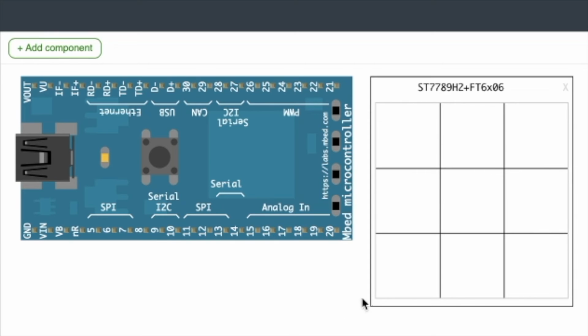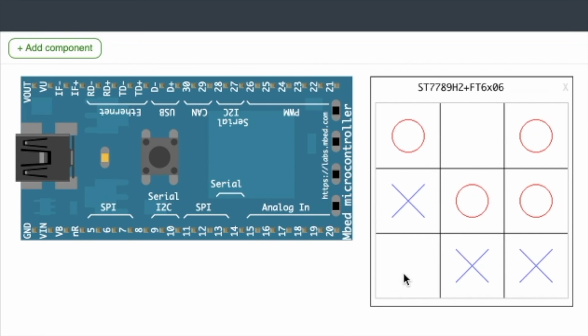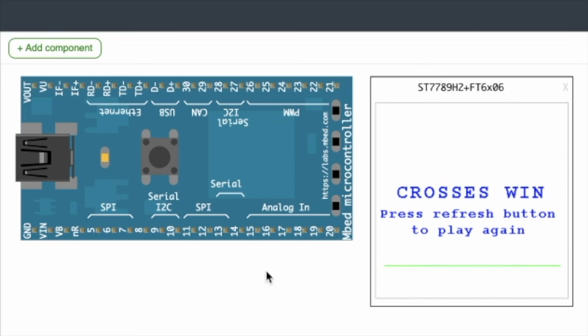So here we have our game. We can click on every cell, which will give us either a circle or a cross, depending on whose turn it is. If someone wins, for example, I will try to make the crosses win. So they won here. It crosses it with a green line